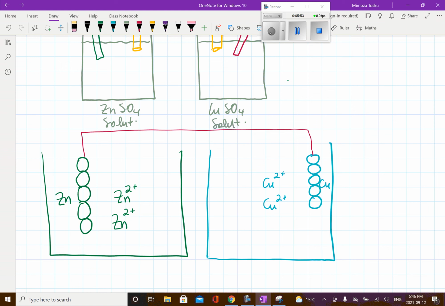So the Zn2+ and Cu2+ are having a war, let's say, over which one is the strongest at grabbing the electrons. And it ends up, as you can prove from the data booklet, that copper 2+ is stronger